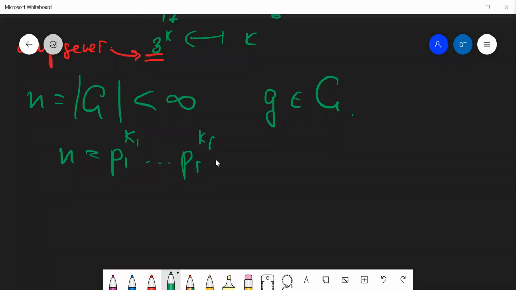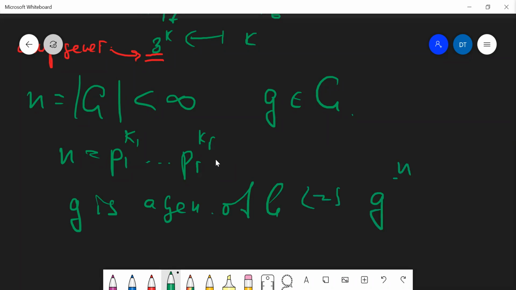So the claim is this. g is a generator of G if and only if g to the power n over pi is not a neutral element for all i. So this is the way people check if an element is a generator. You don't actually need to compute all the possible powers. You may simplify the computation